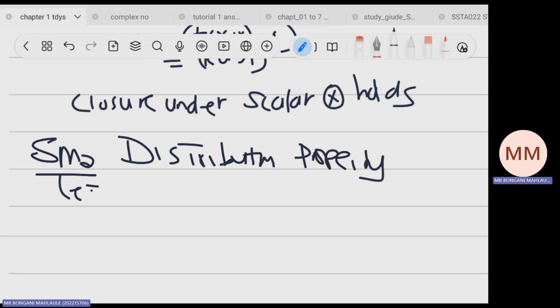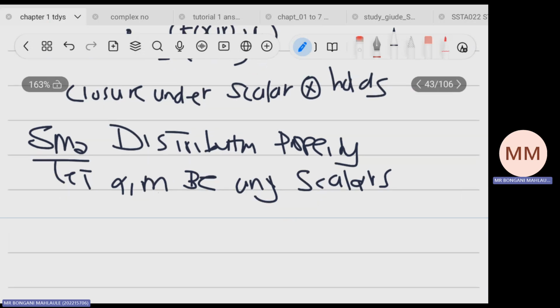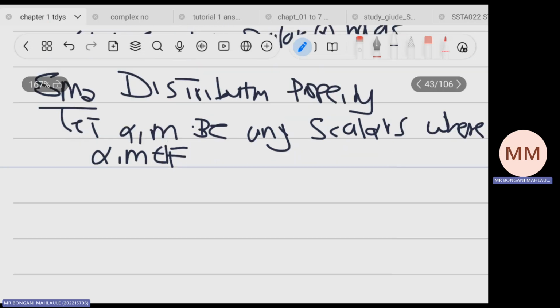So we can say let alpha and m be any scalars in the vector field. You can say where alpha and m are an element of a field. Then alpha plus m